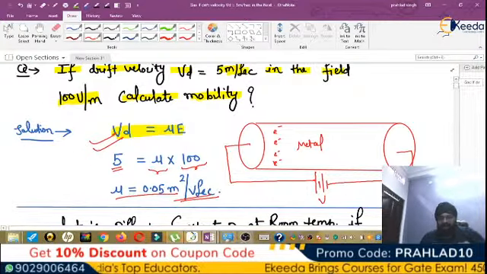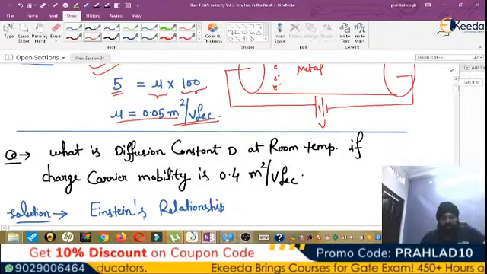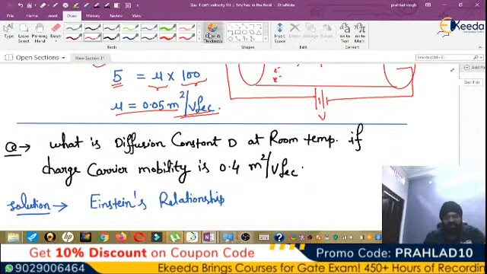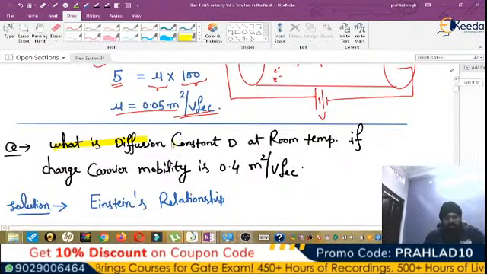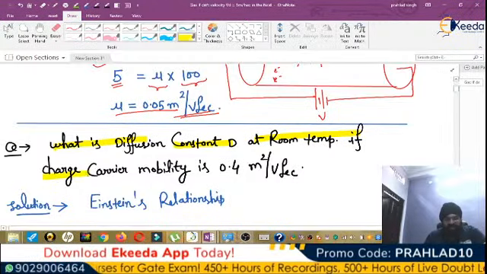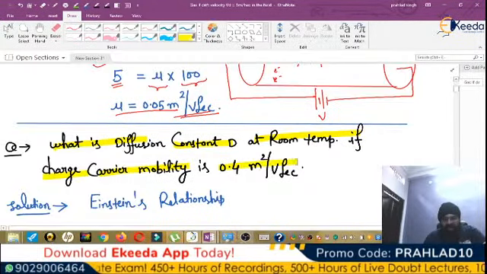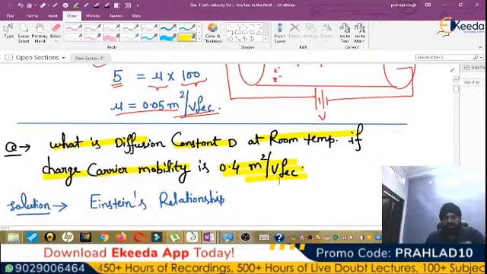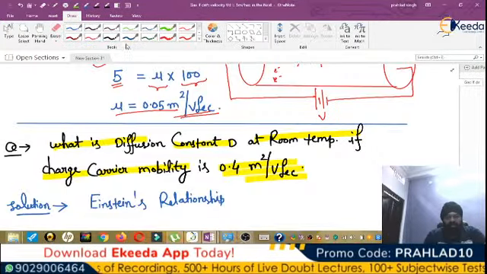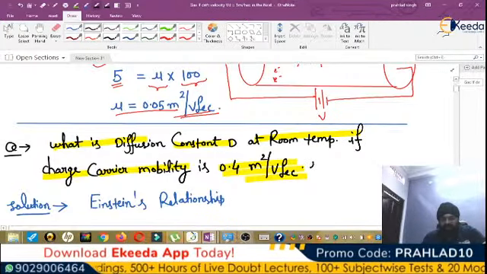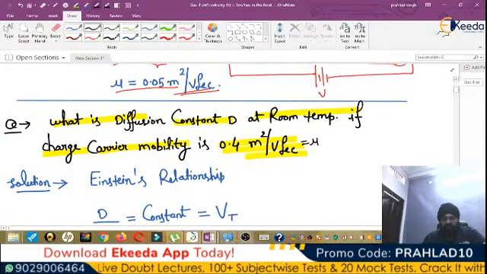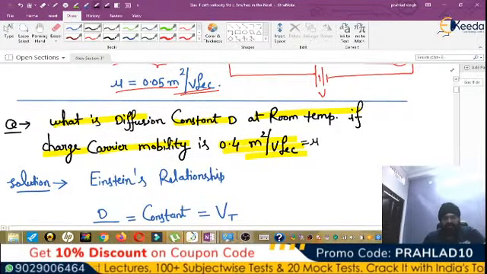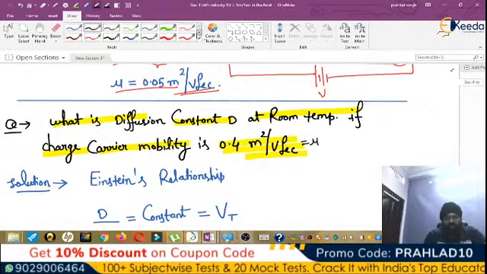Okay, so let me understand the next question. What is the diffusion constant D at room temperature if charge carrier mobility is 0.4 meter square per volt second? In this question, mu is given. It is 0.4 meter square per volt second, and according to